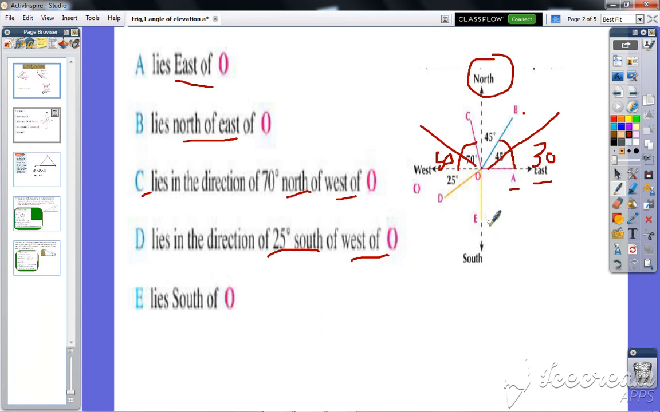Okay, what about the point E? E is on the vertical line downward, so we are going to say south of the point O. Okay,